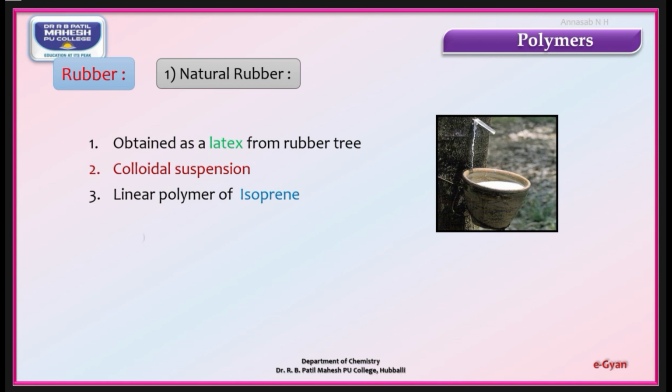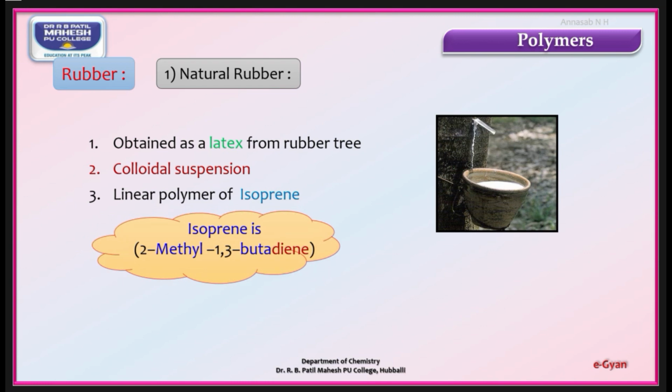So what is isoprene? Here is the answer. The structure of isoprene with the formula 2-methyl-1,3-butadiene. Try to write the structure. 2-methyl-1,3-butadiene means 4 carbon atoms, diene means there are 2 double bonds, and the positions are given. It is between 1-2 carbon atoms and 3-4 carbon atoms, and the second carbon atom contains a methyl group, and the remaining valencies of the carbon atoms are hydrogen atoms. So isoprene structure is 2-methyl-1,3-butadiene, which is the monomeric unit of natural rubber.